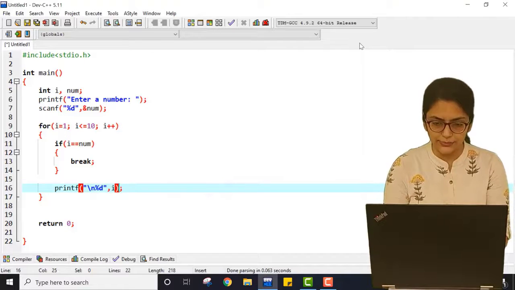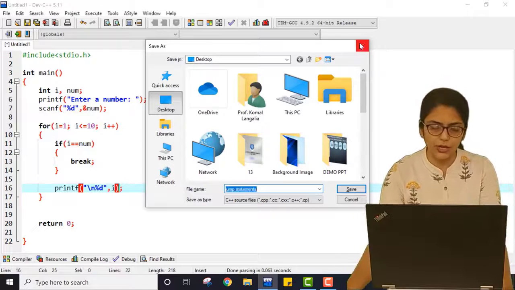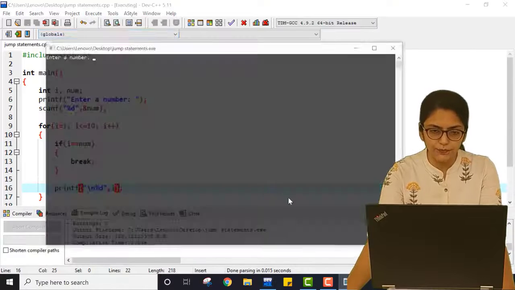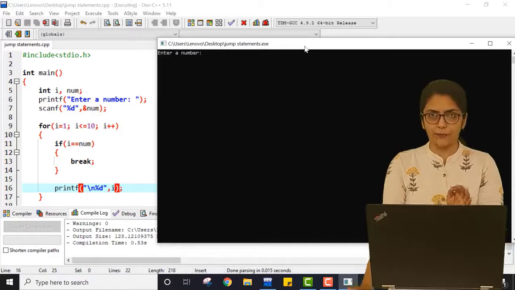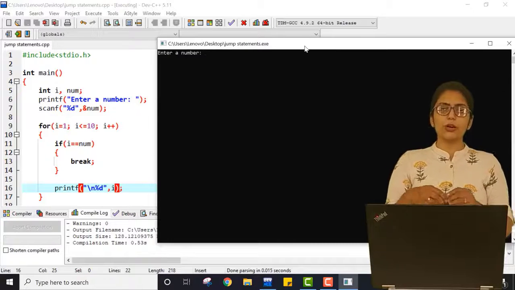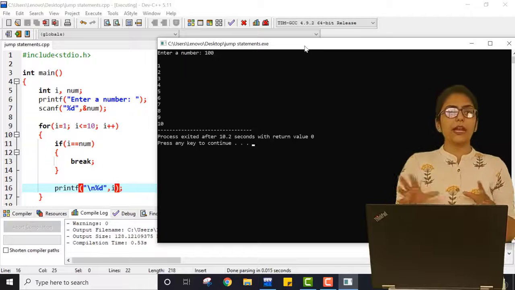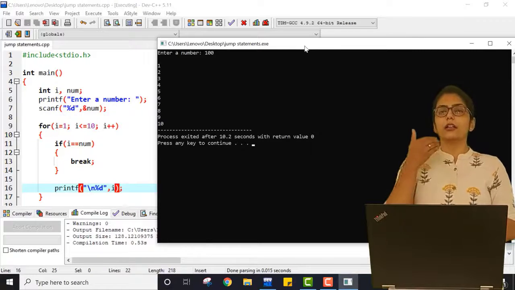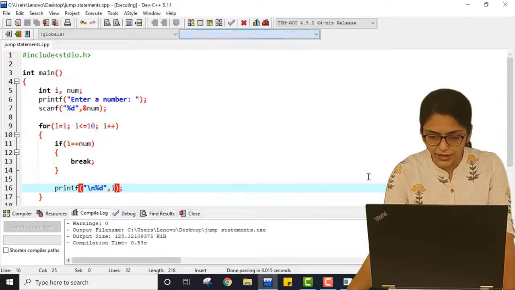So let me just save this program using the name jump statements. Save this program, and if I just compile it and run it, okay, so there are no silly mistakes over here. If I am entering 5, so here the user can also enter 100. If the user is entering 100, then break will never happen because the value entered by the user is greater than the range of the loop. But the effect will be shown only when,